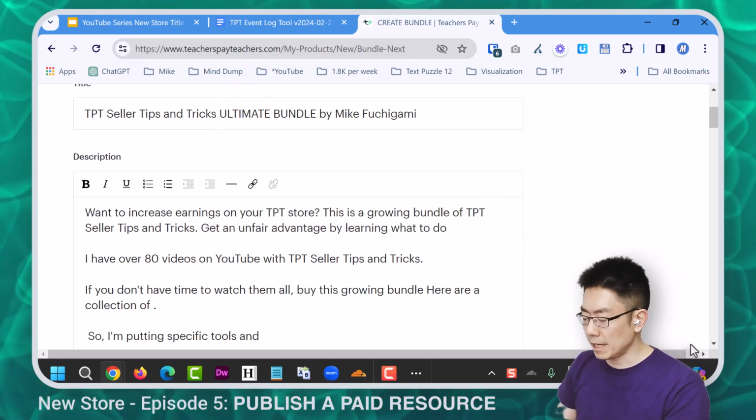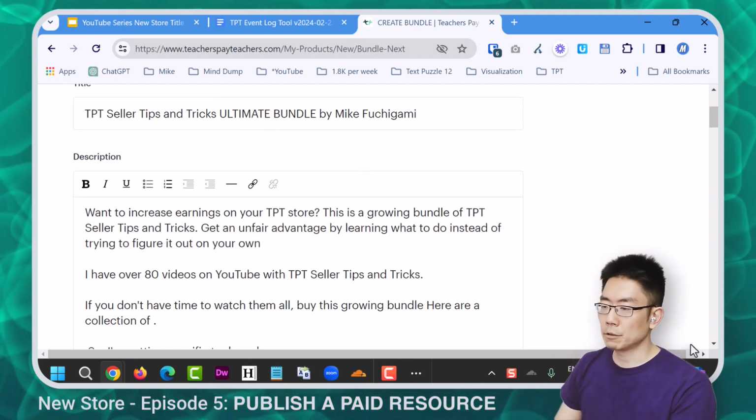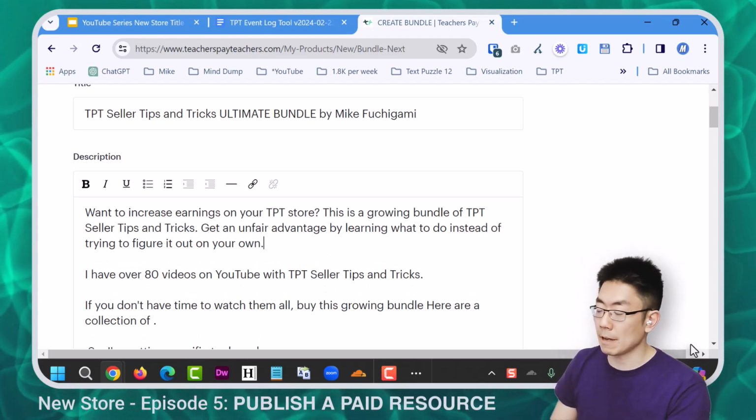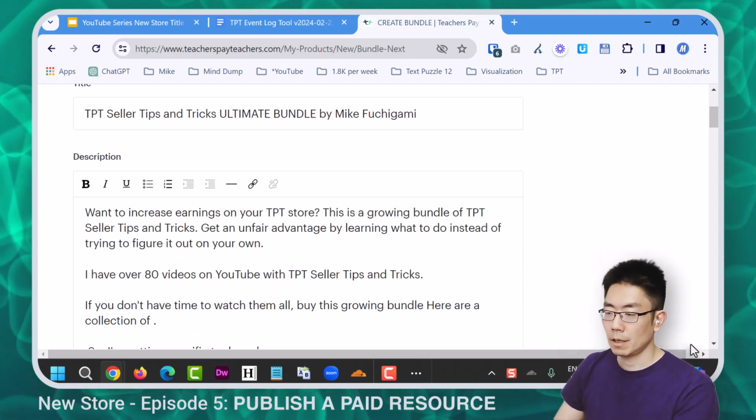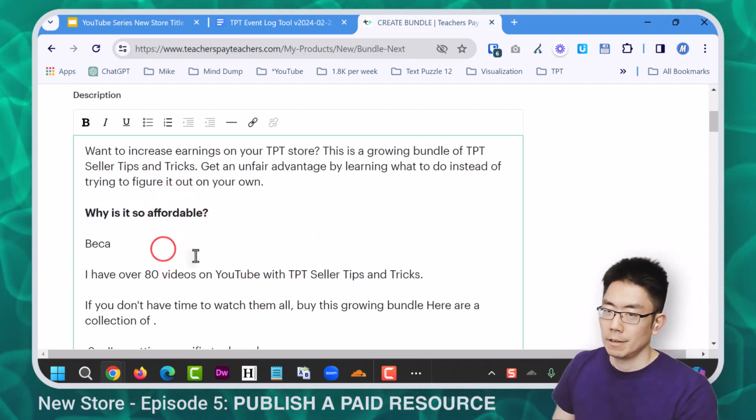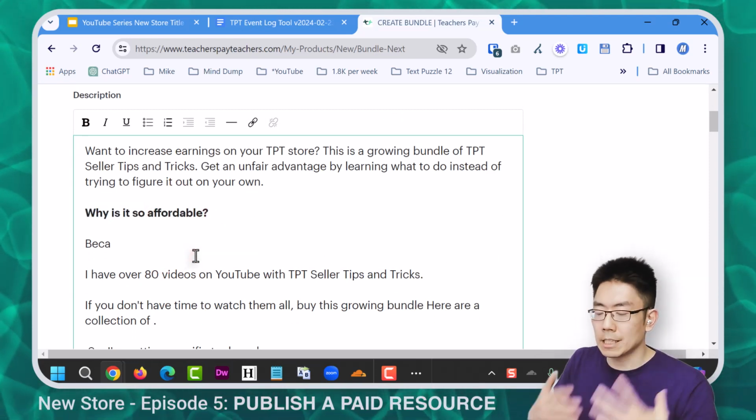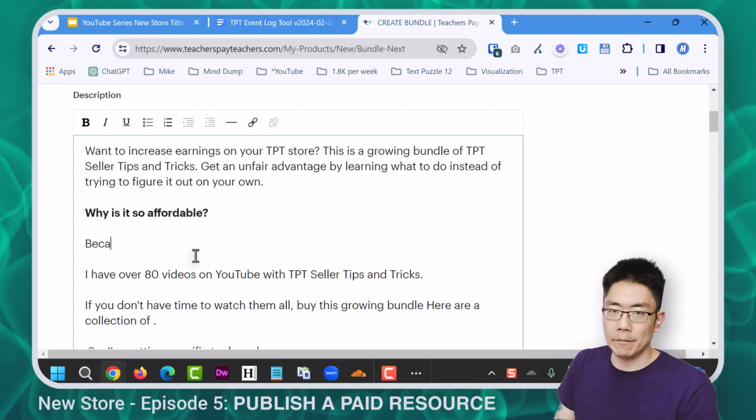Get an unfair advantage by learning what to do instead of trying to figure it out on your own. The other thing is it's definitely cheaper than the other competition. So I should highlight that. Why is it so affordable? I didn't want to use the word cheap because that has a specific connotation. I'm trying to create feelings of value